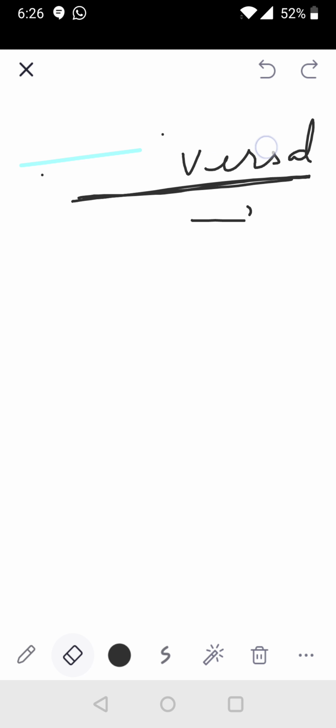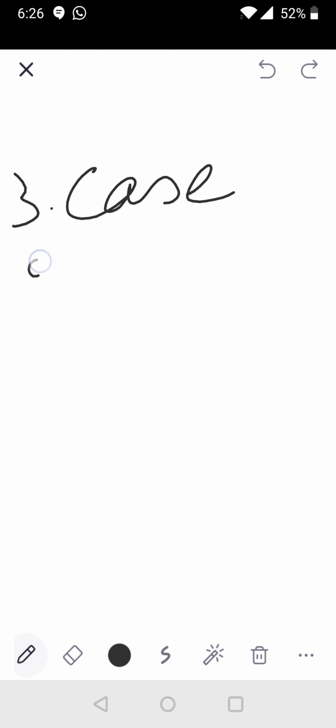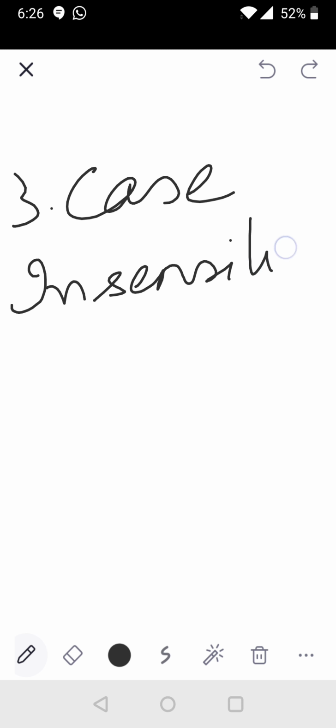The third feature that we should know is that it is a case insensitive language. Children, we all know what we mean by the word case insensitive language.